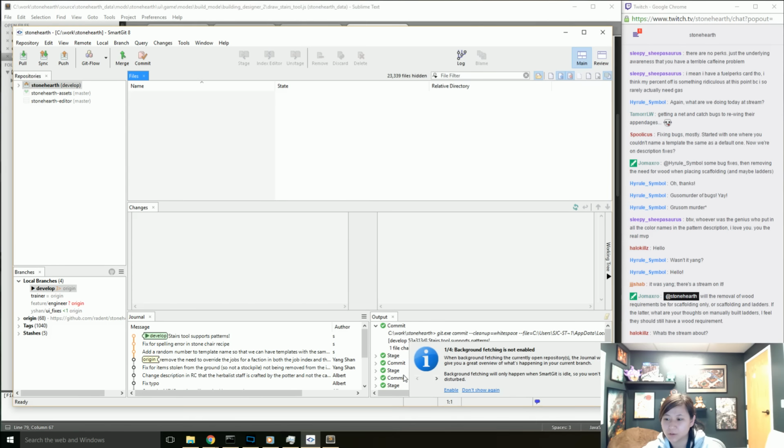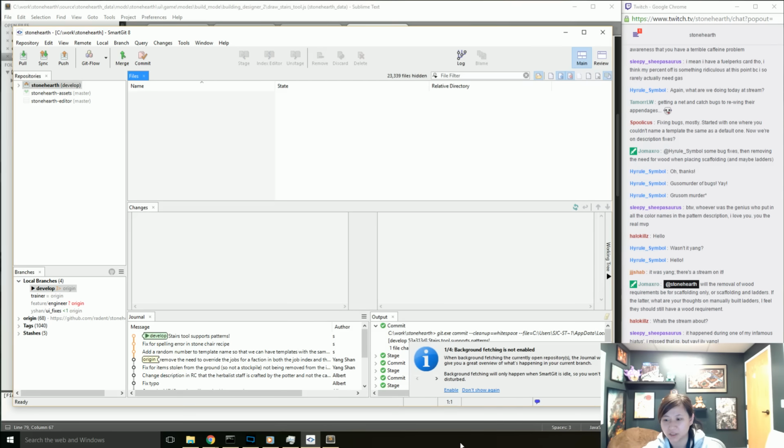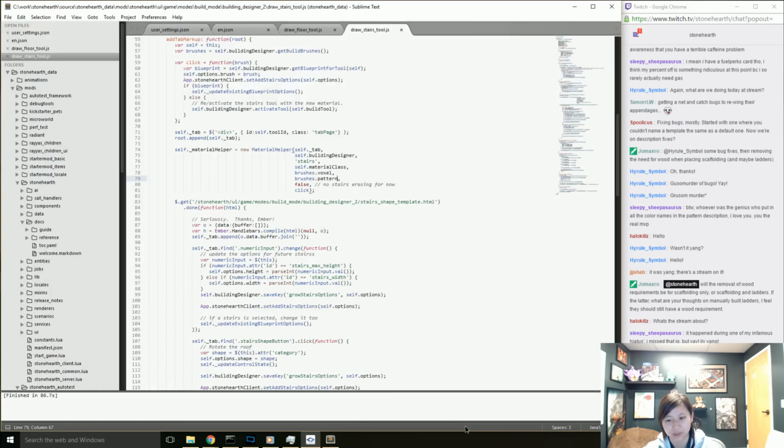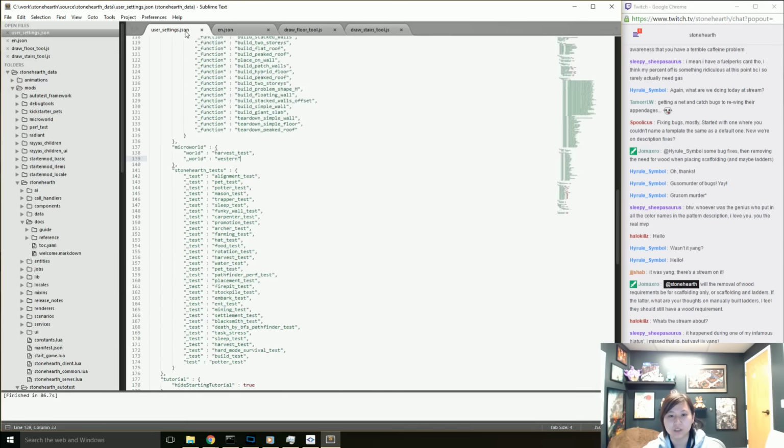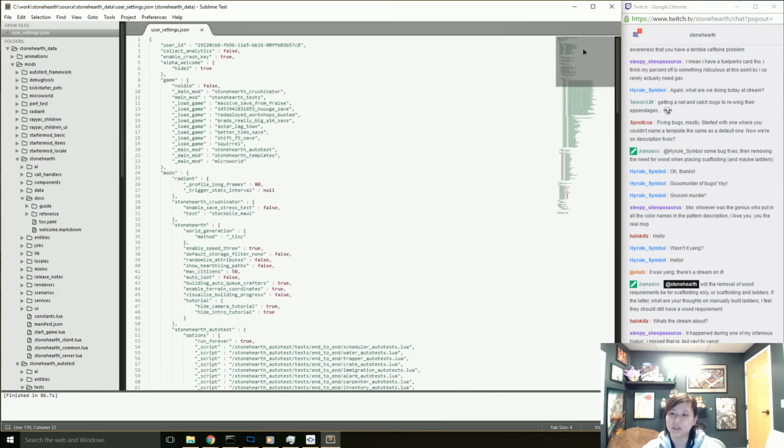Dramaxer says, will the removal of wood requirements be for scaffolding only, or scaffolding and ladders? And if the latter, what are your thoughts on manually built ladders? I feel they should still have a wood requirement. So there's a part of me that's like, I don't know how this will turn out, but I would like to test it,